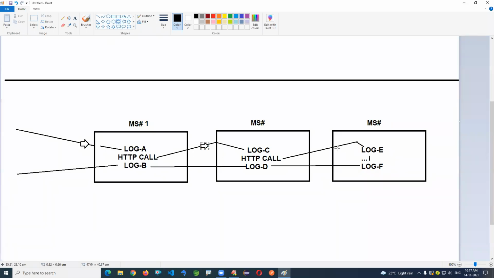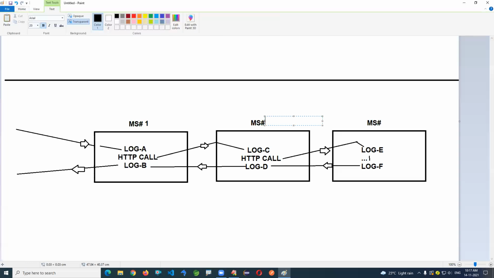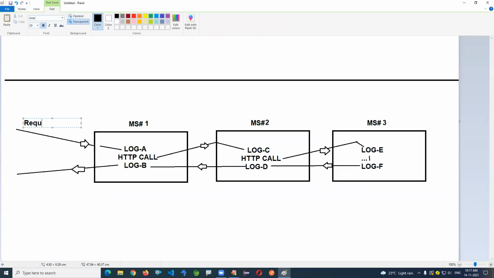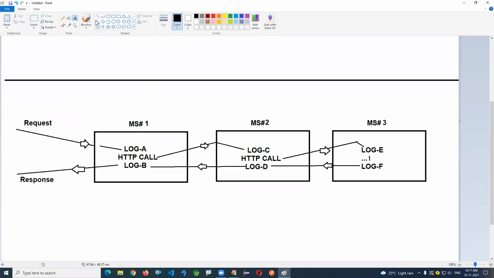But we have to find the same thing using our application coding, with the help of the Zipkin and Sleuth tools. This execution path can be found by using those tools. This is microservice 2 and this is microservice 3. This is the requirement I'm taking here. Whenever a request is made, until the response, we can find this complete path. First it came to microservice one, printed this line, then second, third, fourth, like that.